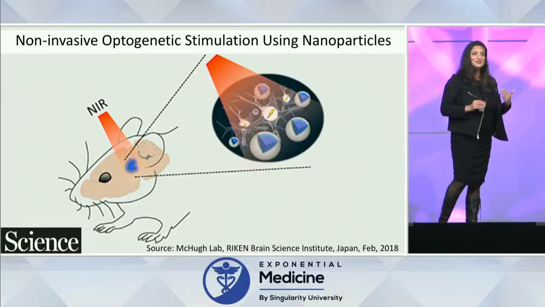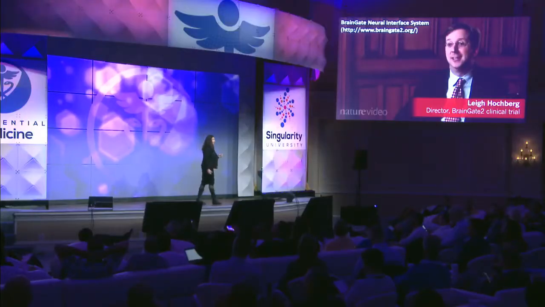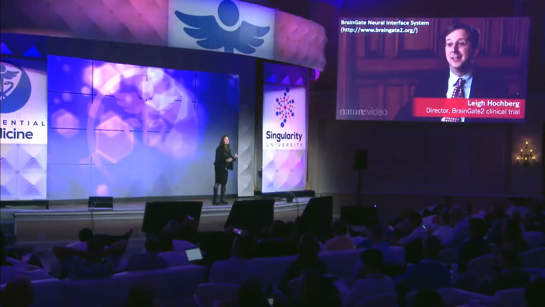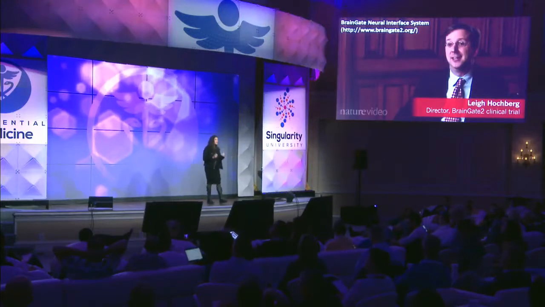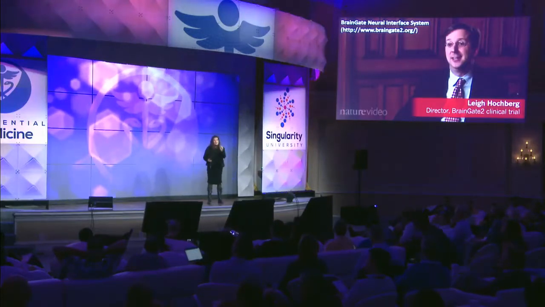Now, the holy grail has always been to use these devices to create brain-machine interfaces. Now, Lee Hochberg was with us a few years ago, and he actually founded the BrainGate Consortium. And if any of you have time, it's actually really worth looking to see what they've done. But essentially, they have a grid of microelectrodes that sits on the motor cortex of patients. And these are patients who are paralyzed. Many of them are quadriplegic, so they've basically lost sensation and motor function from the neck down. But they can think just fine. They can make planning movements just fine.